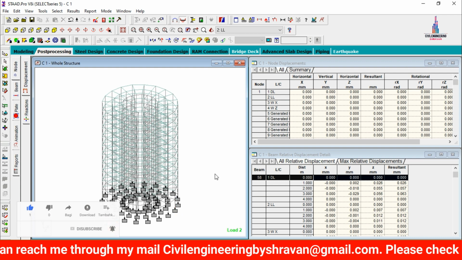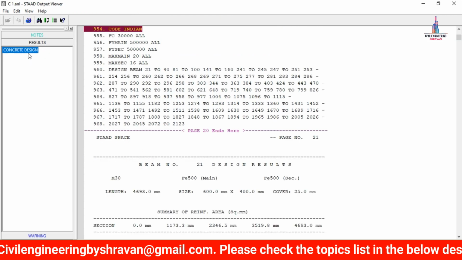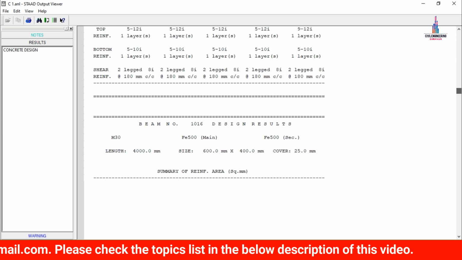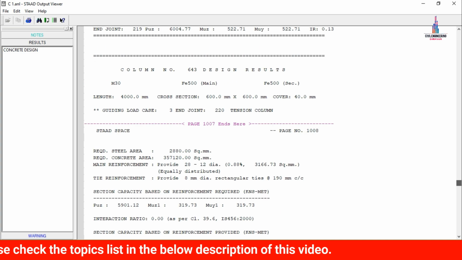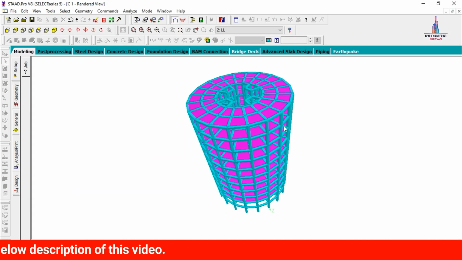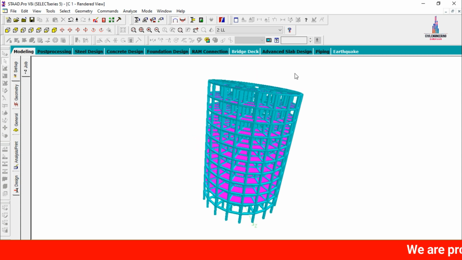So after that we have to load the output file. Click on start output file here. Click on the results option, click on the concrete design results. It will consist of each and every individual beam reinforcement value, each and every individual section reinforcement value, as per the STAAD considerations. Okay, so this is the process of analysis and designing of a circular commercial complex building, which is related to the G+10 building model by using STAAD Pro V8i software.